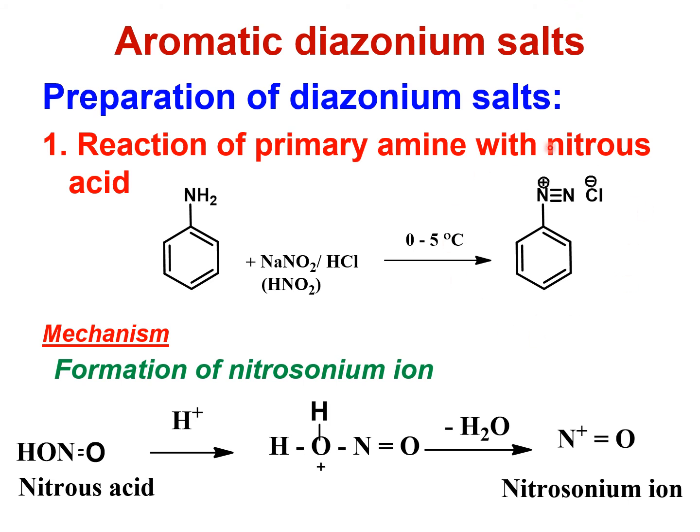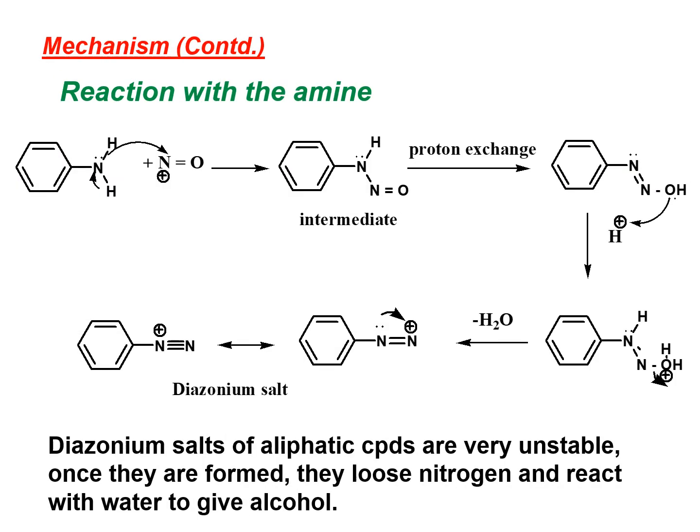You prepare the diazonium salts. This is its structure, and the mechanism is first the formation of the nitrosonium ion, followed by the attack of the amine on the nitrosonium, followed by your equilibrium. This is an equilibrium. It should be drawn like that. And then losing a molecule of water, giving the two forms of the diazonium salt. As I've mentioned, this is the stable form of the diazonium salt, and the aliphatic diazonium salts are unstable. They lose a molecule of nitrogen, giving